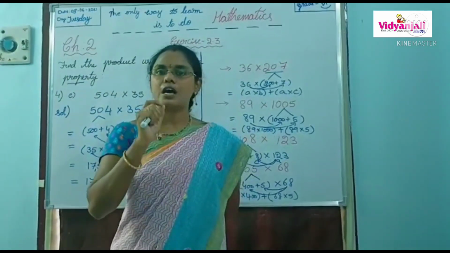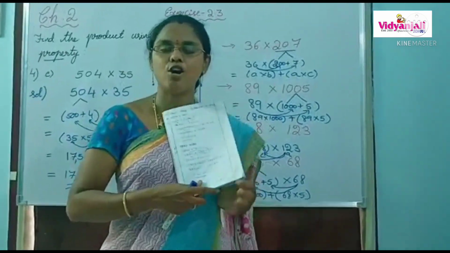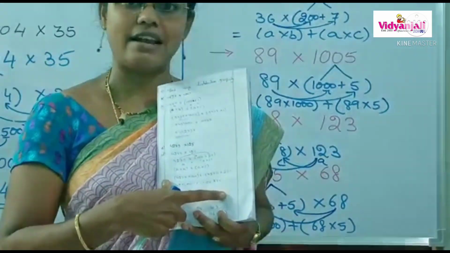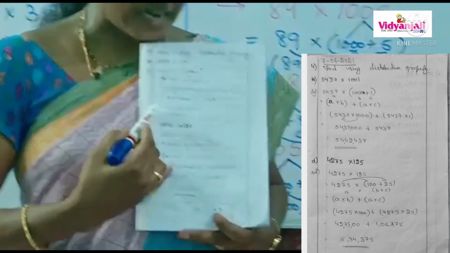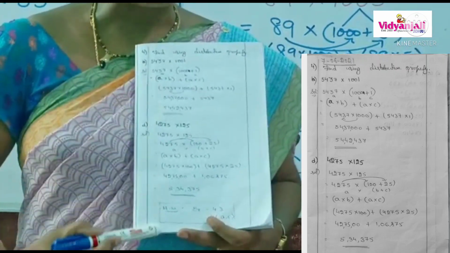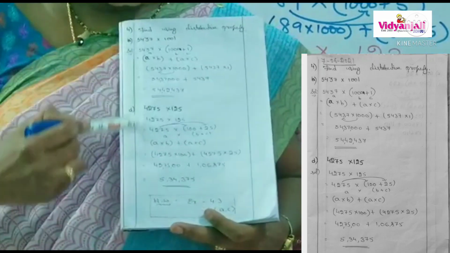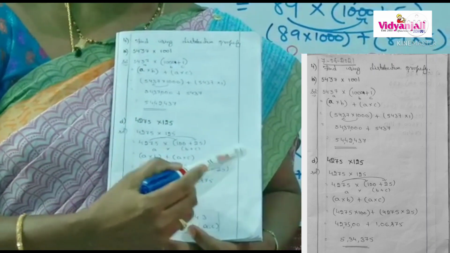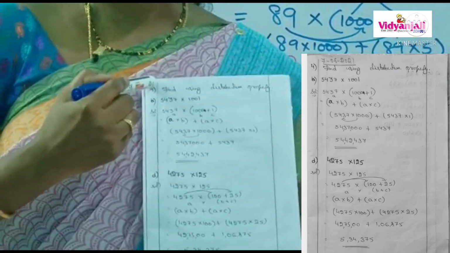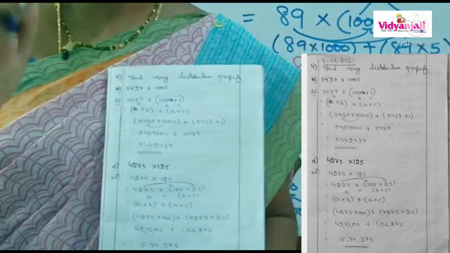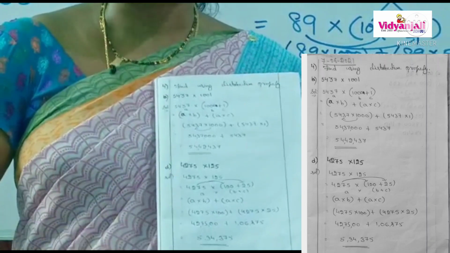And one more thing, how to maintain a notebook, I will show you now. See, you have long white page books for math classwork and homework, right? When you start writing every day, please draw margins, a left margin and a right margin. You can see that the left margin is a little thinner than the right margin. What is the use of these 2 margins, children? See, the left margin we use for writing the date. Every day when you start writing the classwork, please write the date and then start writing the notes. And here we will write the question numbers.